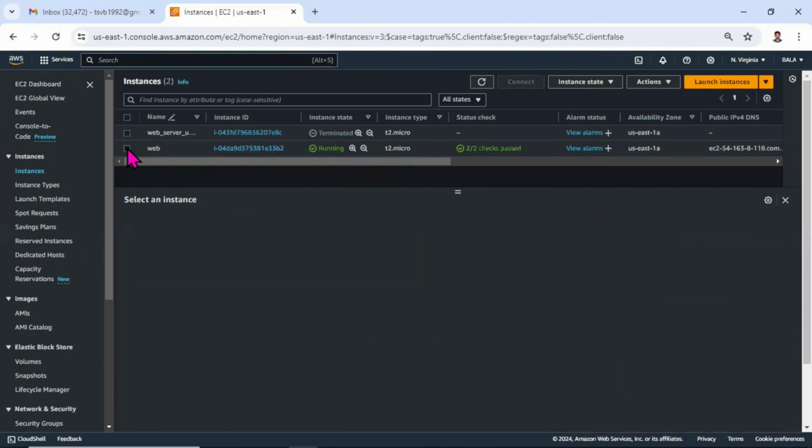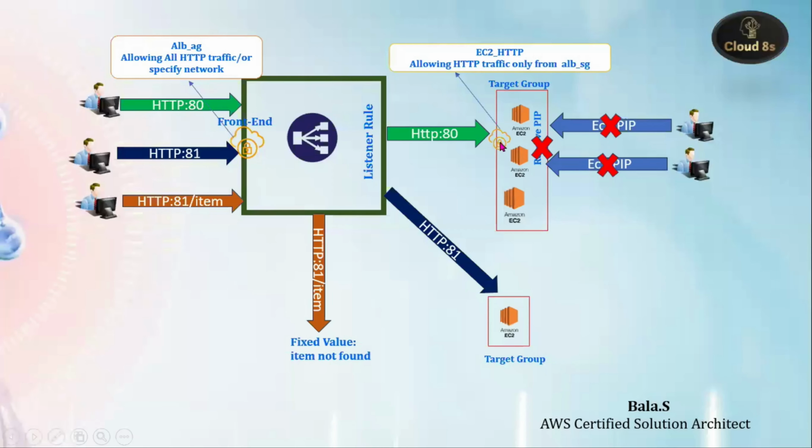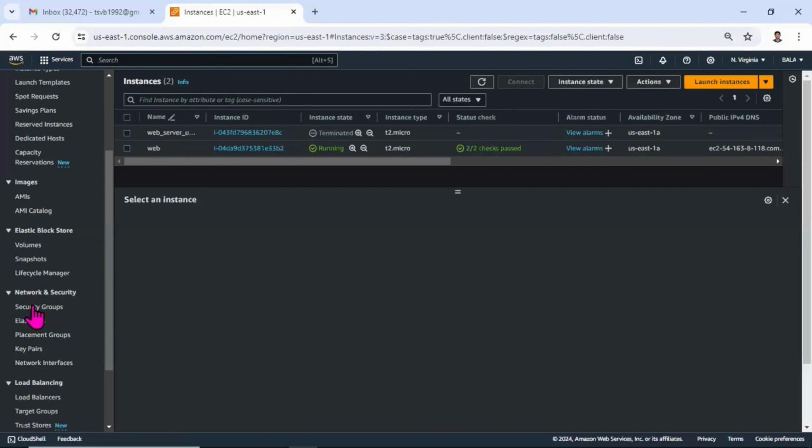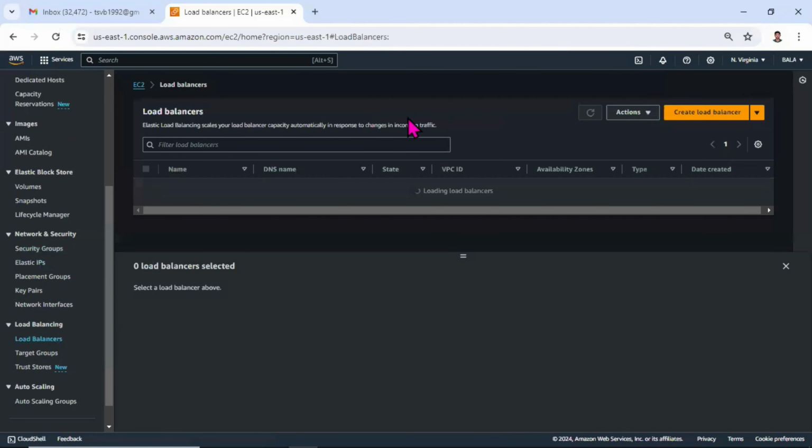So as I mentioned, I have only one EC2 instance. This is the EC2 instance we are going to be using for the port 80 target group, instead of three. So I'm just switching to that console. You can see I have one load balancer called